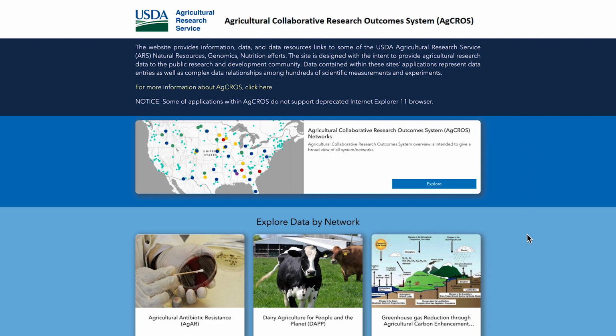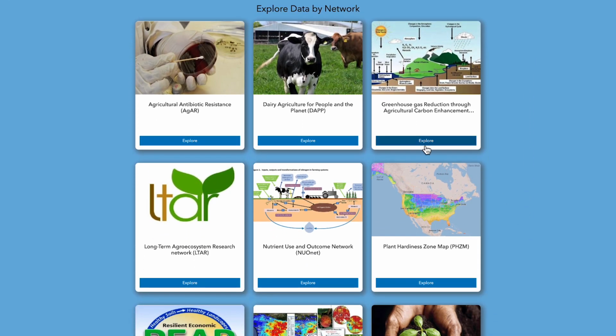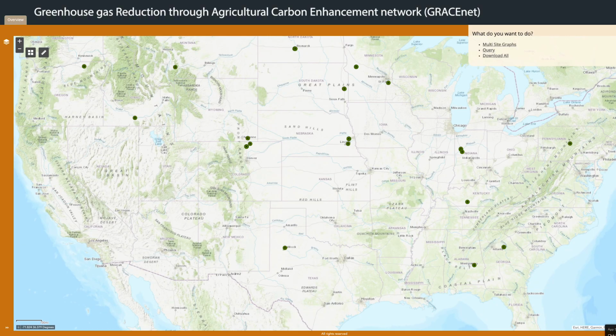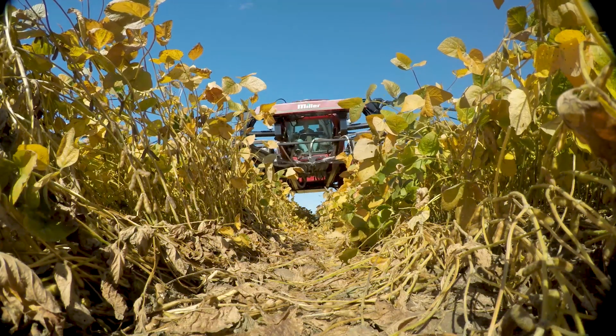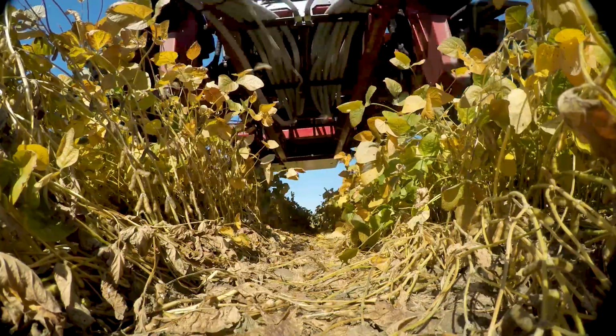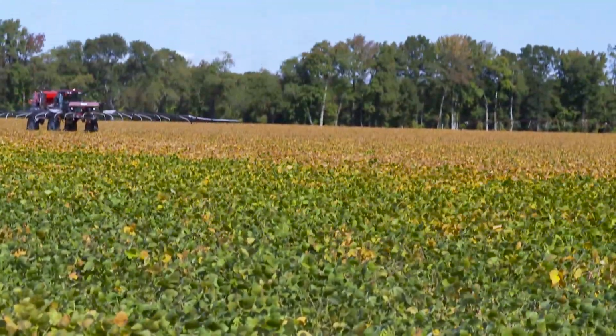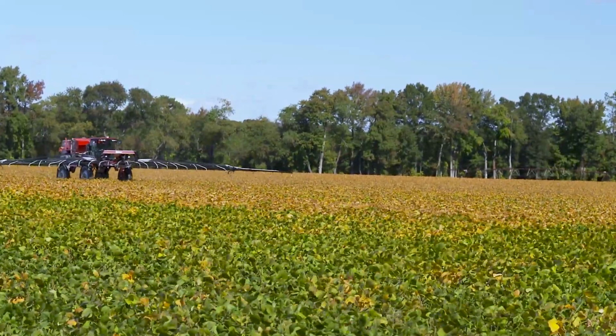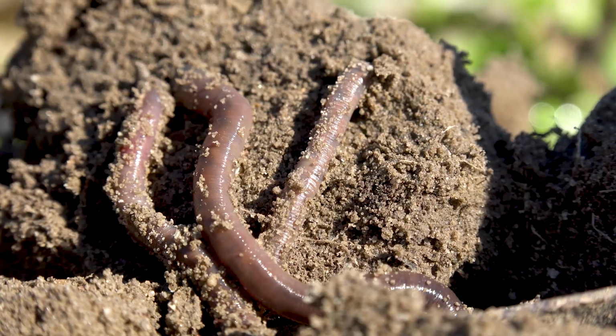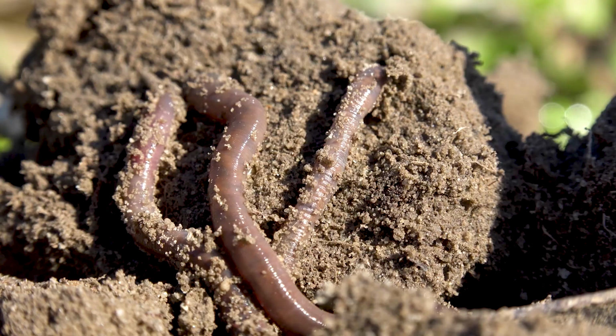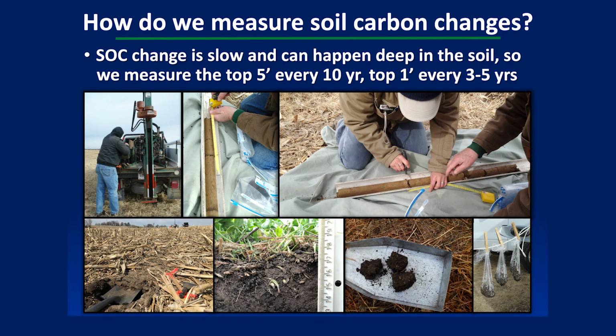One of the great things about USDA-ARS is that there's a national network of different sites and experiments where we look at ways of increasing carbon back into our soils. One of the ways we do that is by looking at different treatments. For example, we might use more conservation practices that mimic what actual producers use. And we then monitor our soil changes, particularly how our carbon changes in the soil over time.